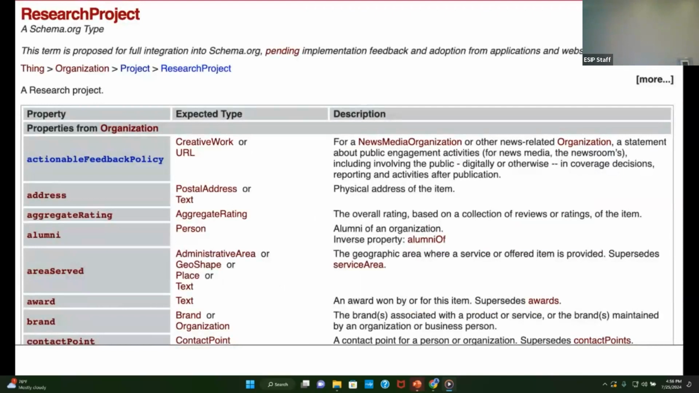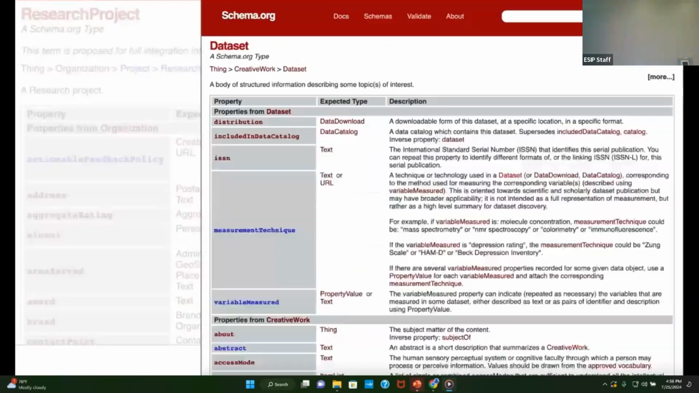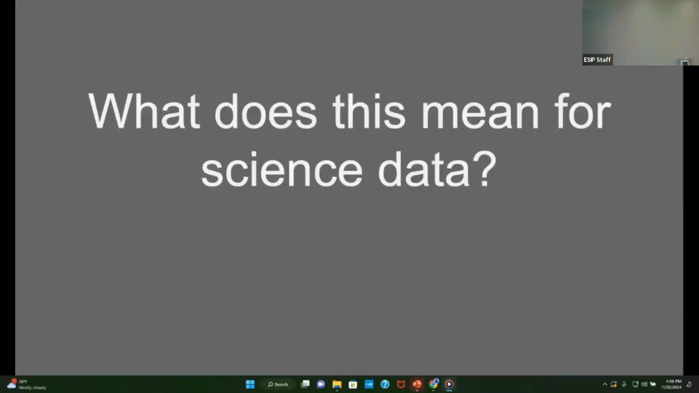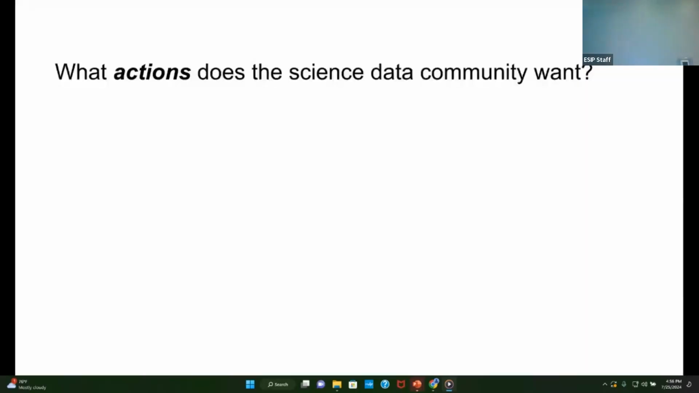And so when we think about research data and think about the types in schema.org, it's really interesting because there's types for research project and describing the components of that, but also data sets. And so clearly data is a big topic and certainly important here at ESIP. And so, what does this mean for science data, that we can make data available on web pages, give some actions to them that others can use, and really just broaden the discovery of data sets and